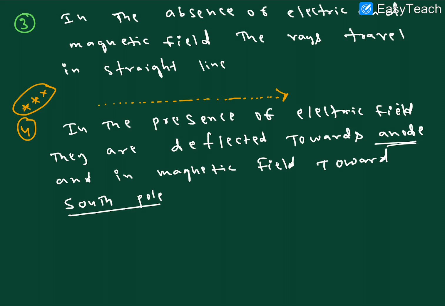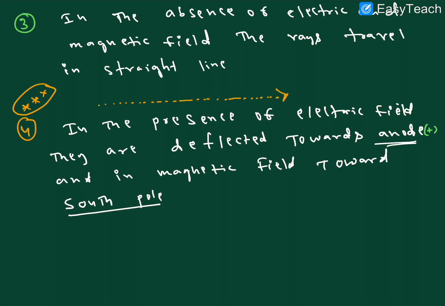In general, here we know that the anode is positively charged. So we know that a positive charge will not attract another positive charge, right? So the cathode rays are negative, and only then do they travel towards the anode side, because the anode is positive and the cathode is negative. So the cathode rays contain negatively charged particles,